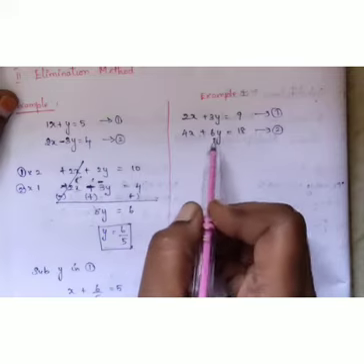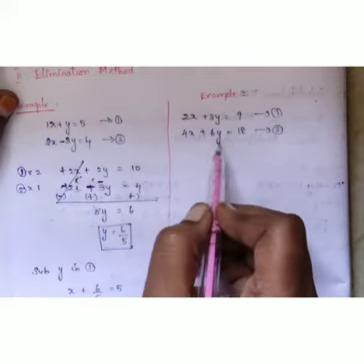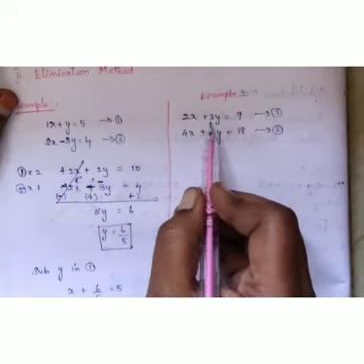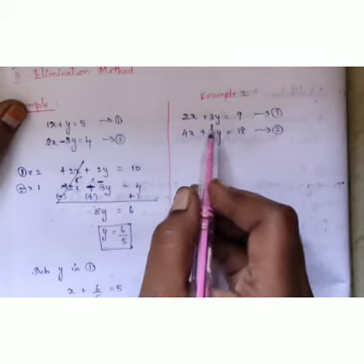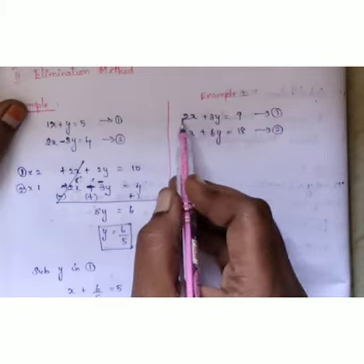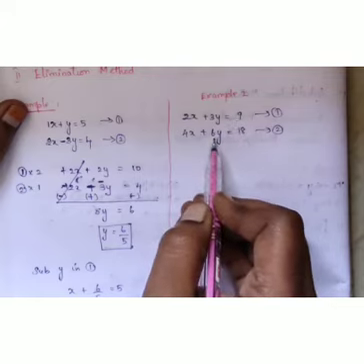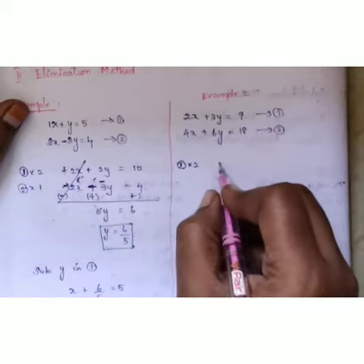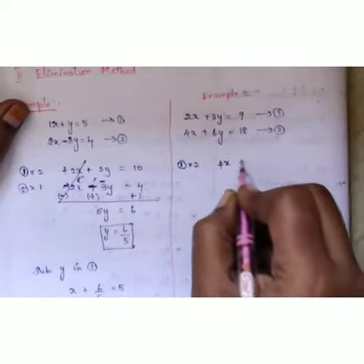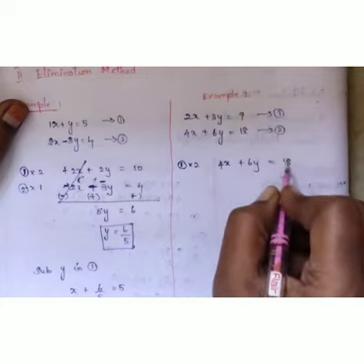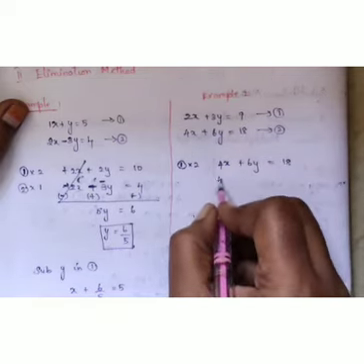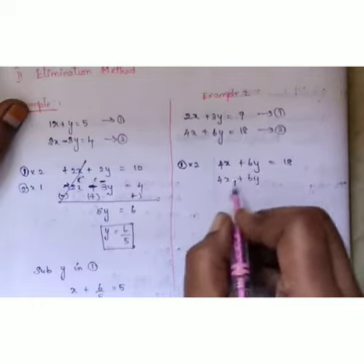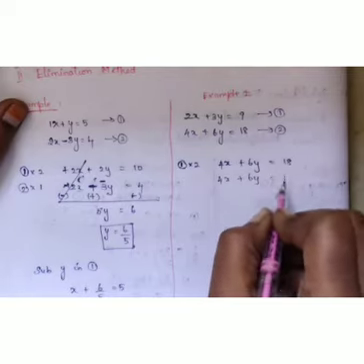In this, I have 4, 6, 18. We are going to eliminate y. Check the y value, whether it is equal or not. Here I have 6 but here I have 3 only. So if I multiply this equation by 2, I will get this 6. So the first equation multiplied by 2 gives 4x plus 6y is equal to 18. Similarly, the second equation we can write as such because it has 6y only, so these are equal. No need to multiply anything here. So this is equal to 18.